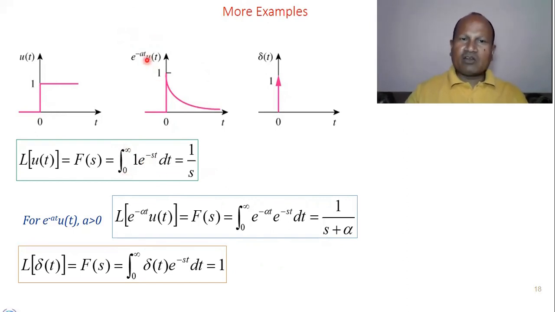When we multiply e to the power minus at, we have already seen it is 1 divided by s plus a. So what is the important thing? When you calculate the Laplace of u(t) as a constant, 1 by s, what is the effect of this exponential term? This term provides the delay you see here. What is the term here? Minus a. So 1 upon s minus of minus a becomes s plus a, or s plus alpha. So that actually gives you the delay in the frequency domain.